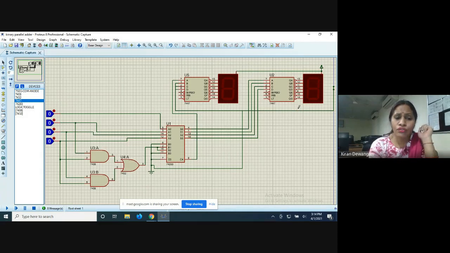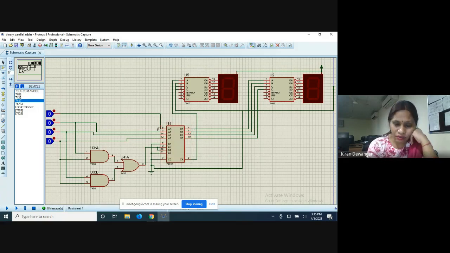Clear? Now for that, what is our condition? The condition is the last input, that is A3, has to be always high. A3 has to be always high, that is the last bit. Now among A2 and A1, if any of these is going high, in that case we need to add 6 to the input. We need to add 6, that is 0110, to the same set of input combinations, so that we can get the desired output.